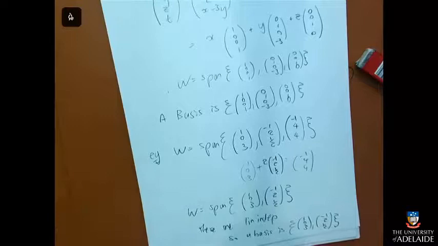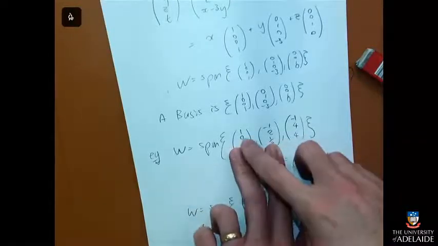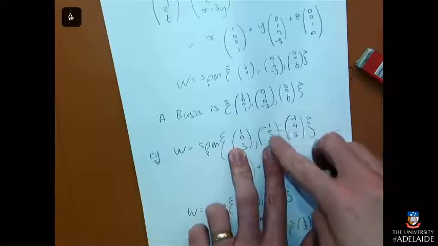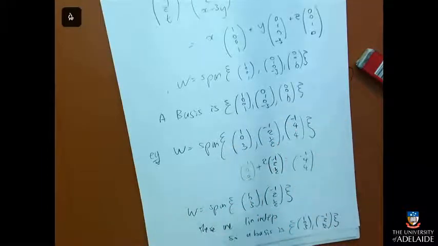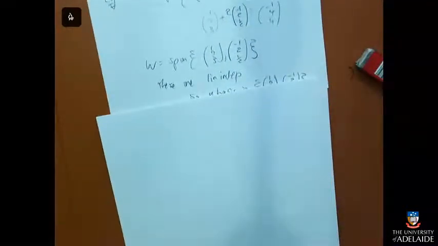So did you see, I hope you noticed some of my reasoning. If this is going to be a combination of those two, that 0 tells me what multiple of this it has to be. And then I can guess how many of the other one I have to add on. That's a useful way of trying to do it in your head. On the other hand, what if you didn't notice? You just stared at them and didn't come up with anything, and you had no idea whether they were independent or not. How would you tell?